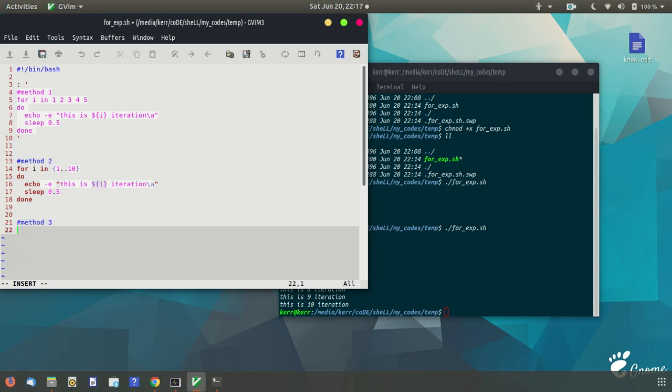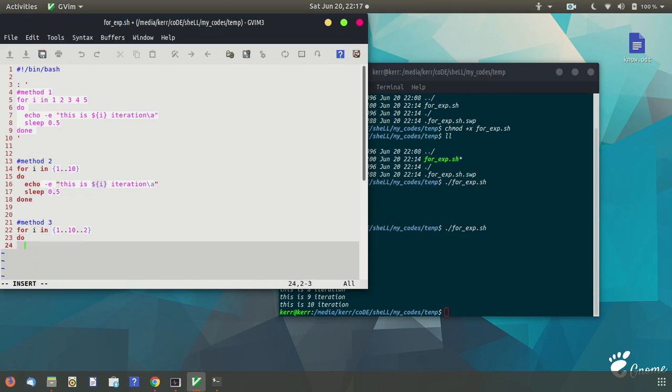So here we go. Let's select a variable by which we will increment the value of I. For I in, let's run I from 1 to 10, and each increment will be 2.